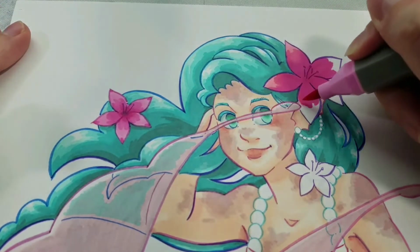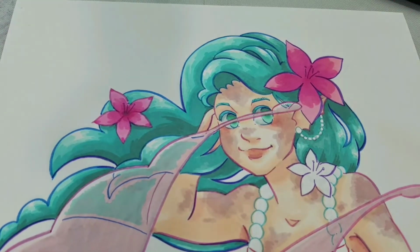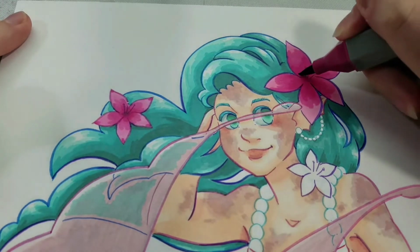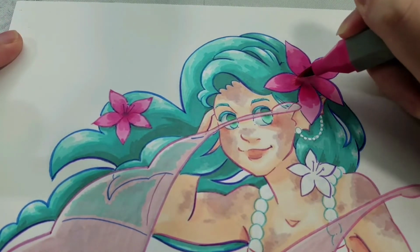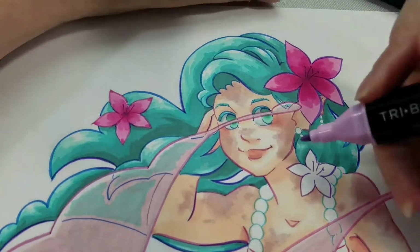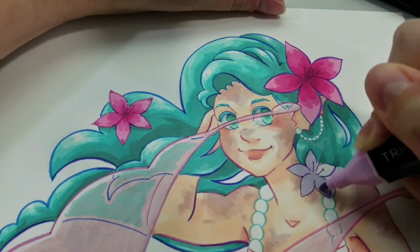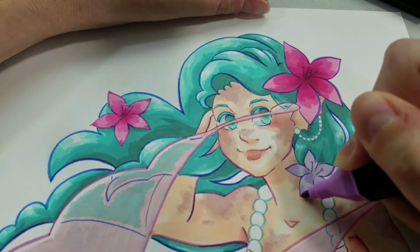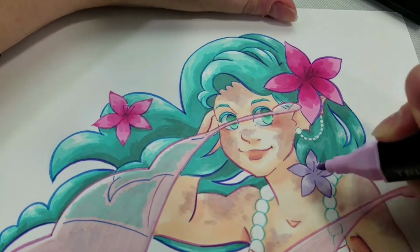And for the larger flower, I started with our middle tone, our MG3, and then I applied our MG5 in the center, and then I blended it out a bit with our lightest, our MG1. And with a larger illustration like this, larger for me, some people work way bigger than this, but this is kind of big for me. I tend to work kind of small. I'm a comic artist. The brushes handle much better on larger illustrations than they do on smaller illustrations. You're not going to have as many bleeding problems as you would on a smaller illustration, and it's just easier